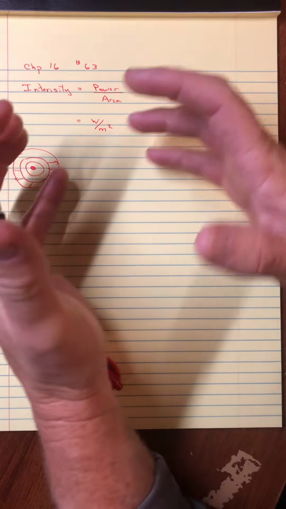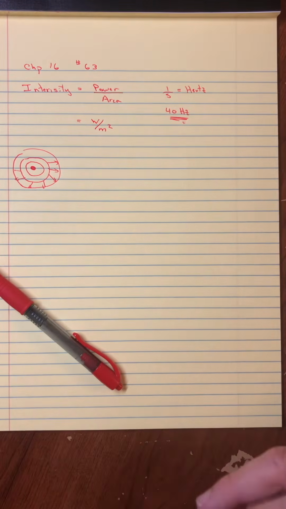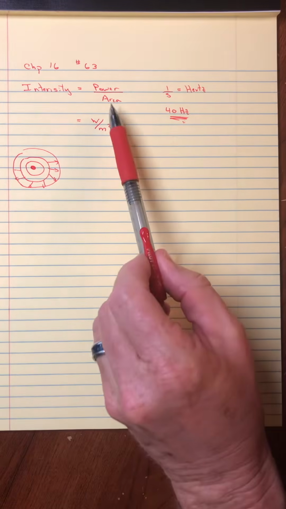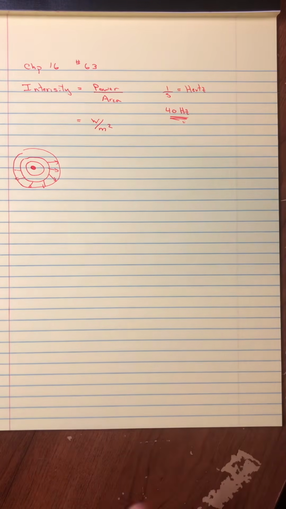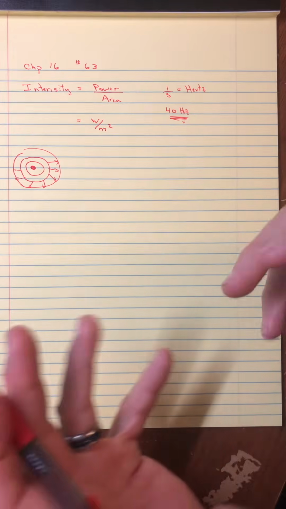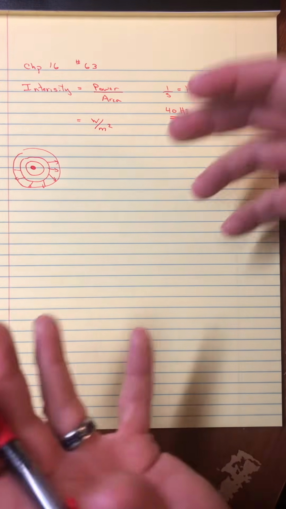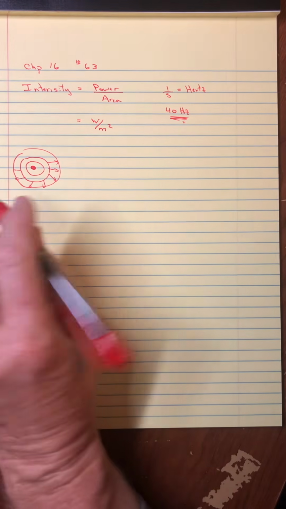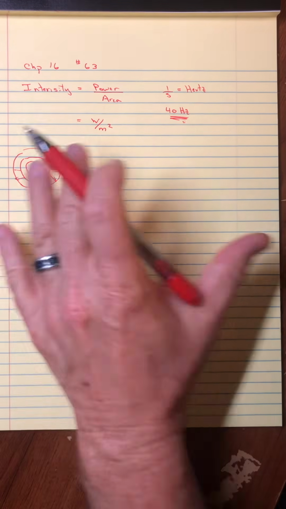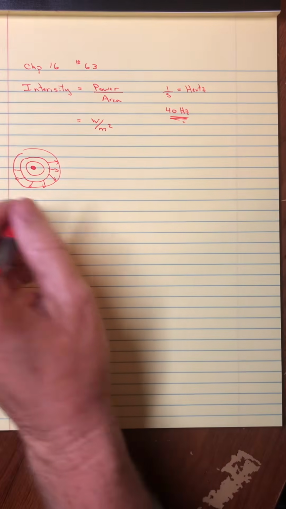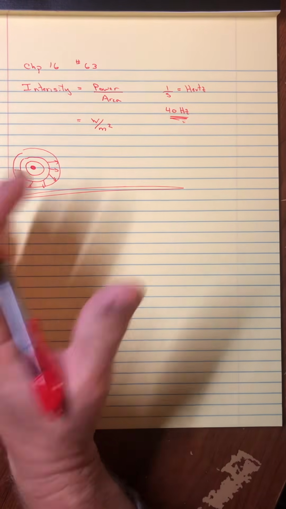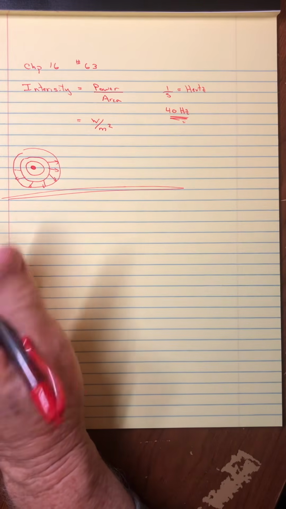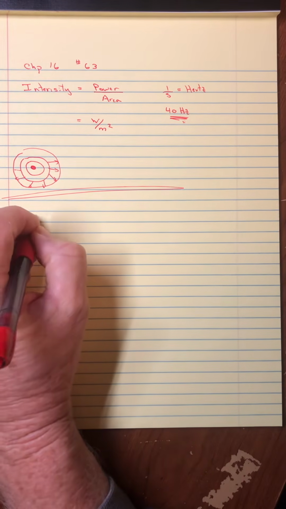And so as it moves out, we can use the principle of conservation of energy and yet still say the intensity goes down because it is spread out over a bigger area, which has its consequences. But anyways, maybe intensity speaks for itself just by saying watts per square meter and kind of drawing a picture of the waves moving out. So I thought I would do a little lecture intro to this one and then say, okay, let's try this problem. It says here, an ultrasound has an intensity of